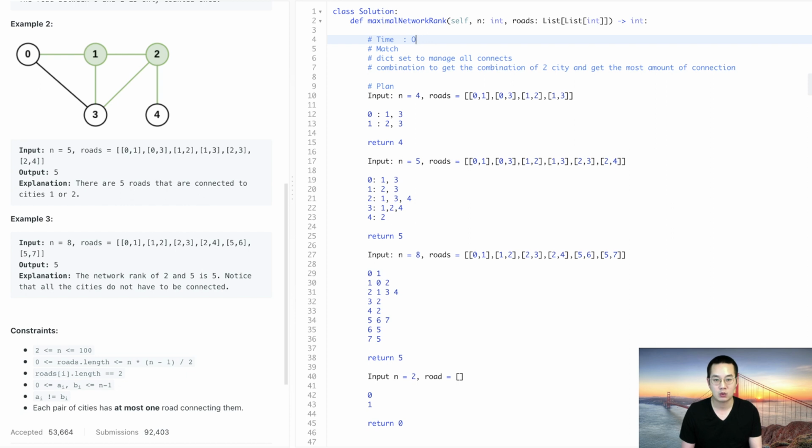O of n squared, because we will need to be going through all the combinations, and for combinations between, if you have 8 items, it's going to be 8 times 7 times 6 times 5 times 4 times 3 times 2 times 1, and that's going to be basically n times n divided by 2, and that's n